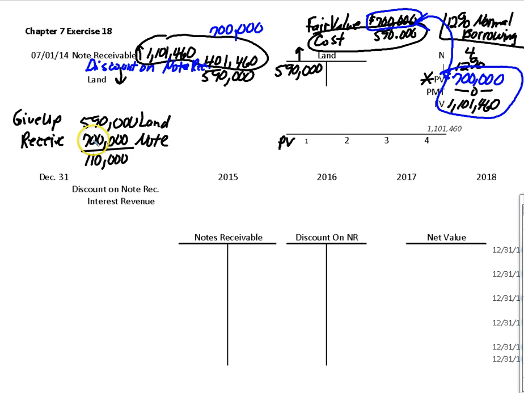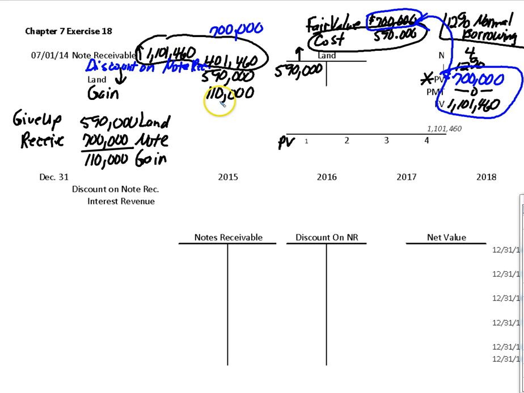And because I received more than I gave up, that's a gain. So let's go back up here and record our gain. So our gain on the disposal of land is $110,000. So if I add up my three credits, I'll get